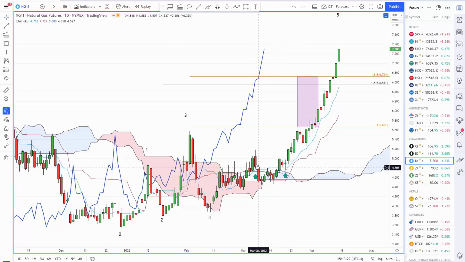The slight pullback did not negate the original setup. They were in a similar area. It really depended which way you wanted to go. In both cases, in all of our setups, the market has to take out the high, or if it's a sell, take out the low. In this case, since it's a buy, we have to take out the highs, and you need to have a trigger. So what we were really looking for, and this is going to help explain our thoughts about what to do now,